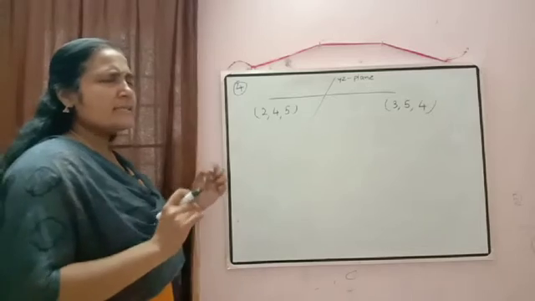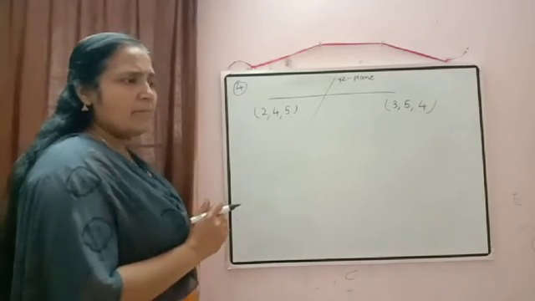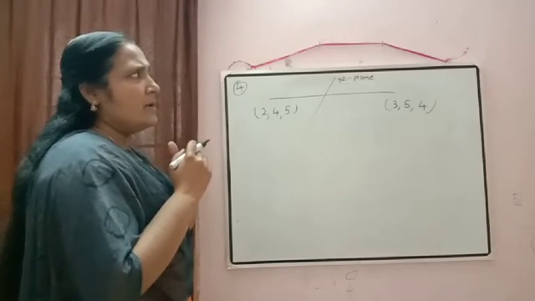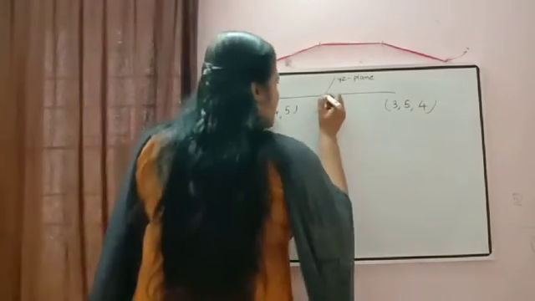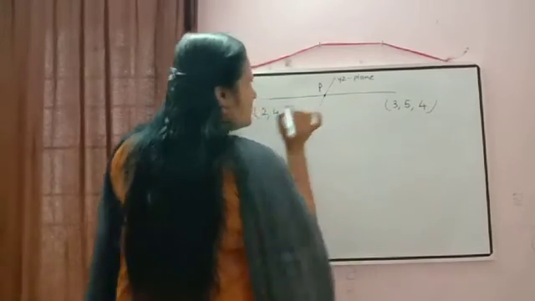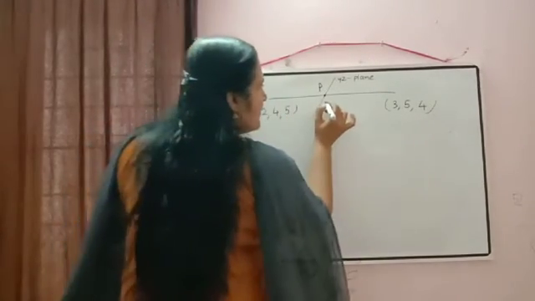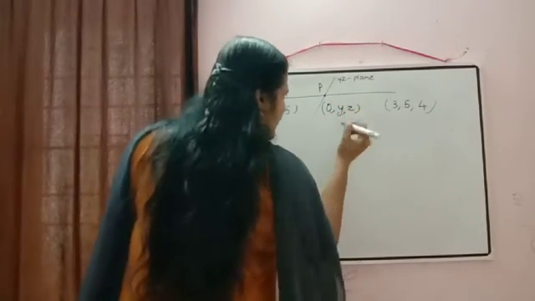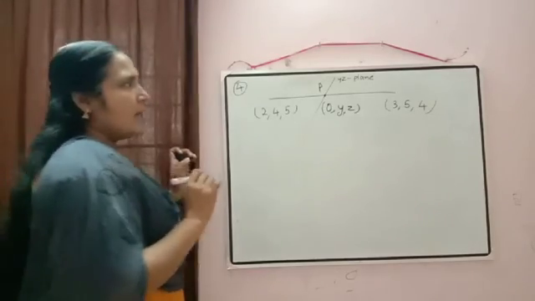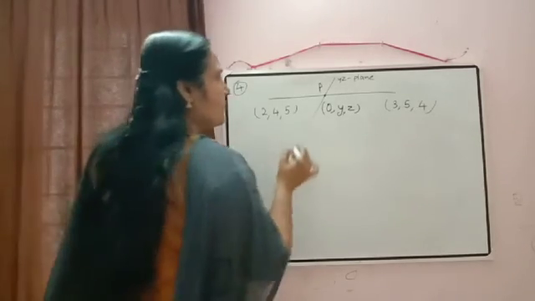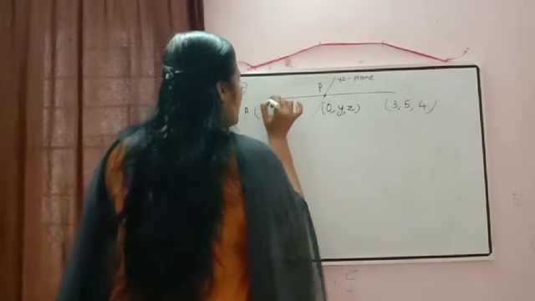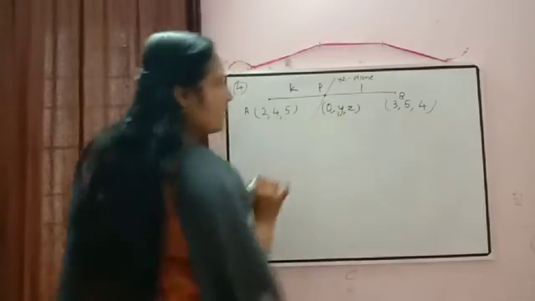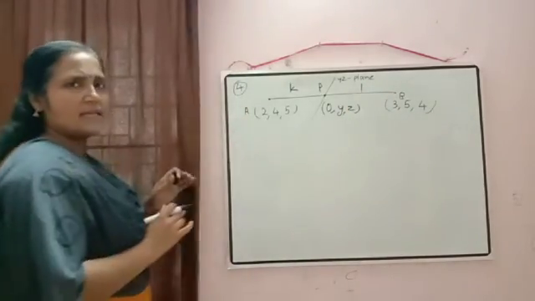If the point is in the YZ plane, can you tell me what will be the coordinates of that point? It is in the YZ plane, so its x coordinate will be equal to 0. If that is the point P, we will take its x coordinate as 0. The remaining two can be any other values that we don't know. Okay. And we have to find the ratio there. So suppose P divides, here we can take these as A and B, suppose P divides AB in the ratio K is to 1. Everything you can mention in the diagram only.